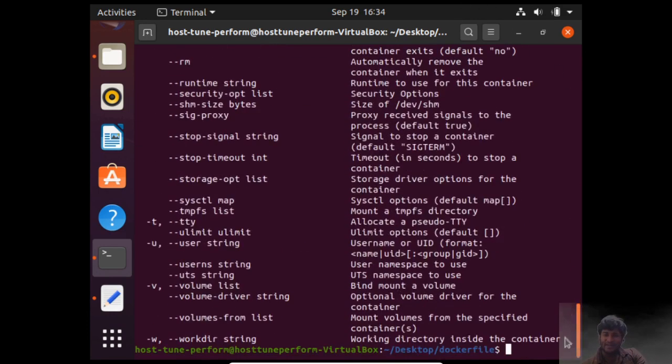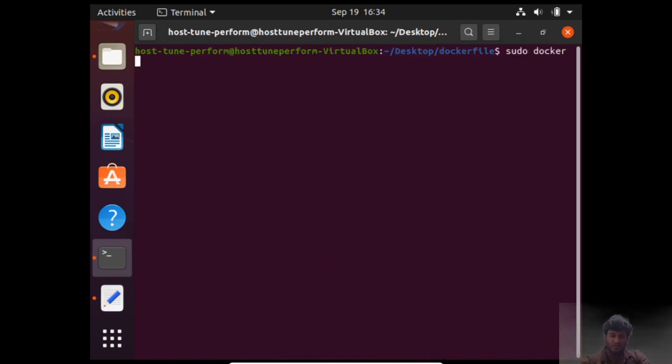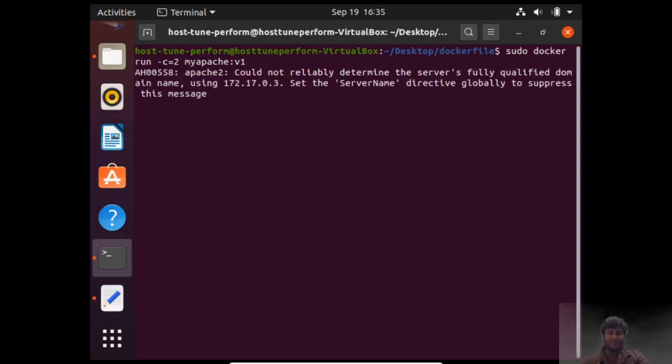While running the container, I can just say, let me clear it and say sudo docker run. And before giving the name of the container, I will just say c and say 2 equal to 2. And let me run the container, which is my apache v1, and hit an enter. So this means the maximum number of CPU this particular container can take is 2.